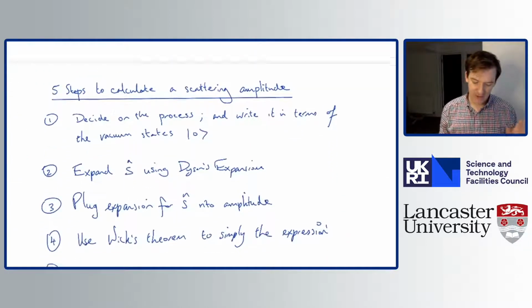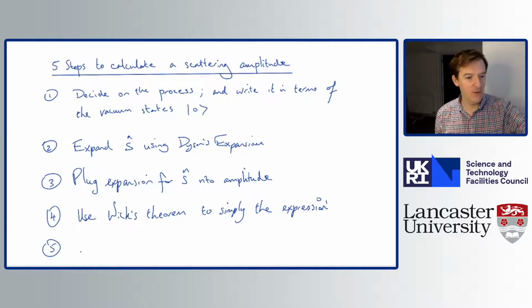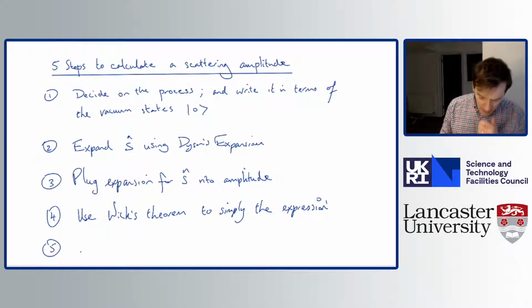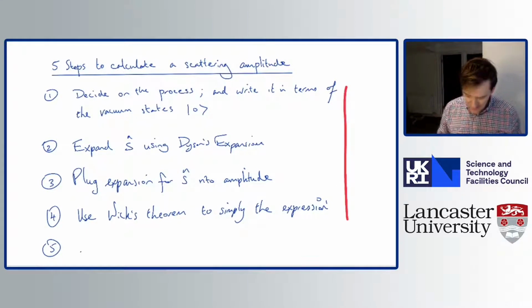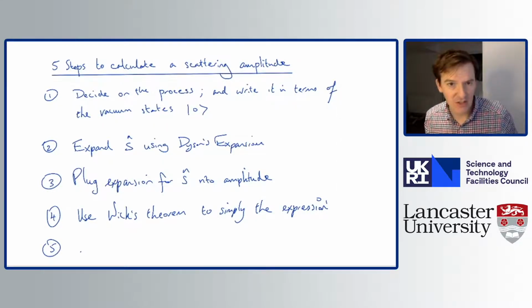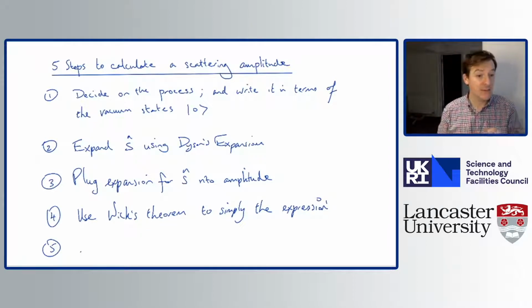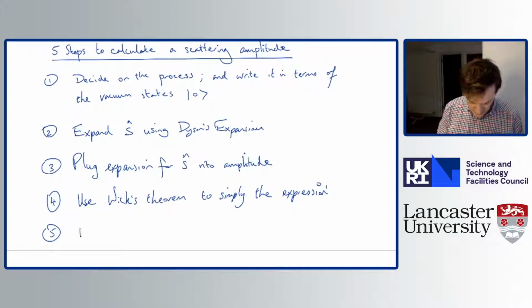Just as a reminder, in the previous lecture, we were going through this 5-step plan on how to calculate a scattering amplitude. We've covered the first 4 steps, so we've got down to step 5, which we didn't get onto in the last video. So in this video, we will. So step 5 is going to be to